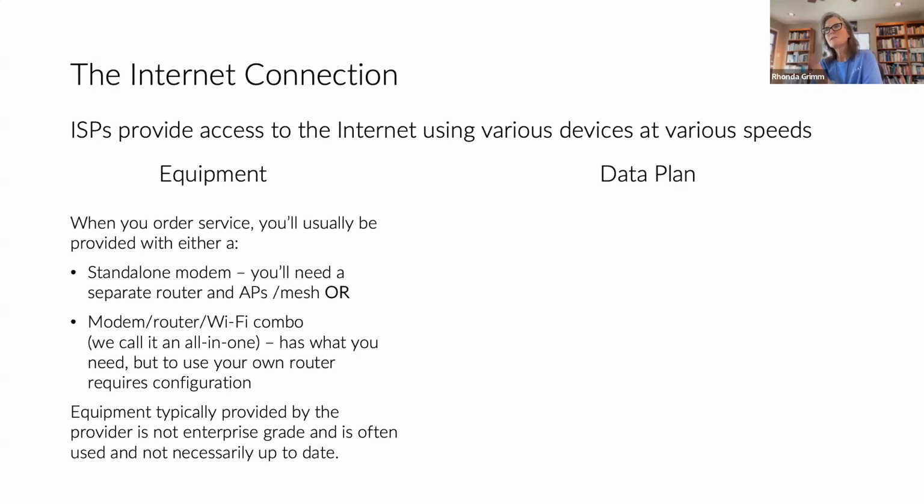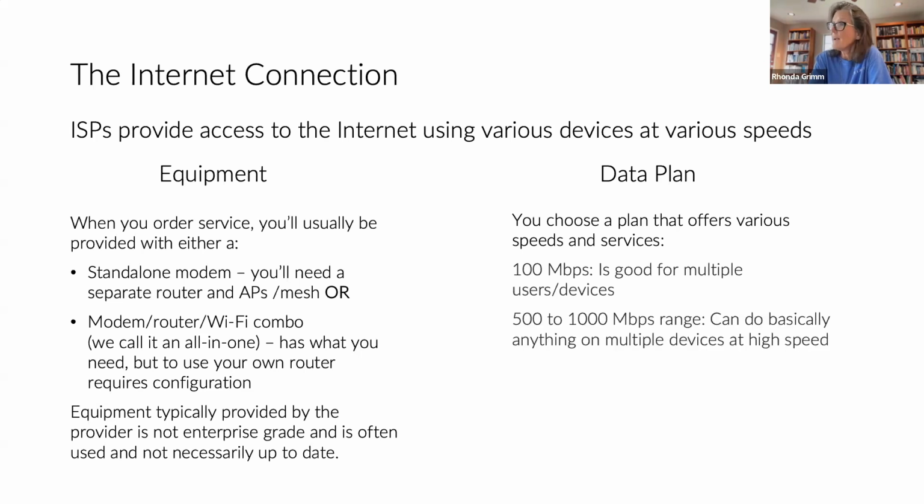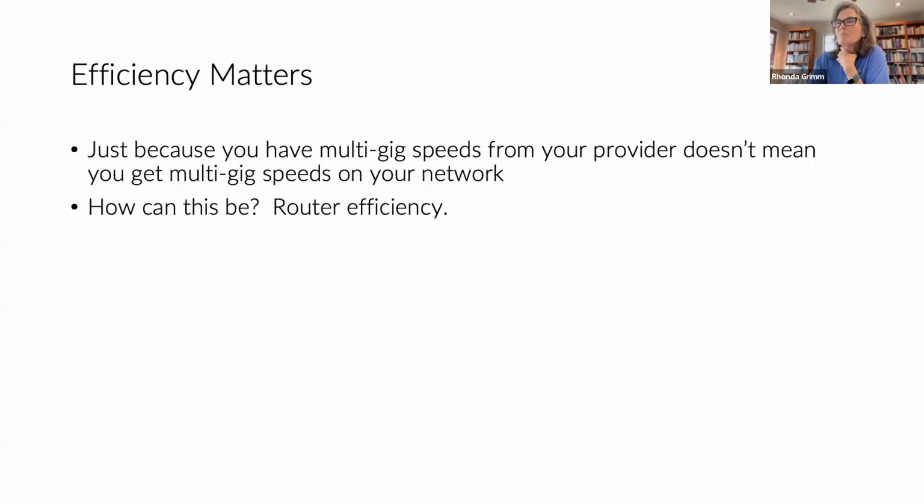The other thing you get from your ISP is that customers sign up for a data plan, and the speeds these days are typically pretty good. 100 megabits per second is good for multiple users and devices. With 500 megabits per second to a gigabit per second, you can do basically anything on multiple devices at high speed. And the faster the connection, the more you typically pay. But just because you have this big honking connection doesn't mean you're necessarily going to get multi-gig speeds